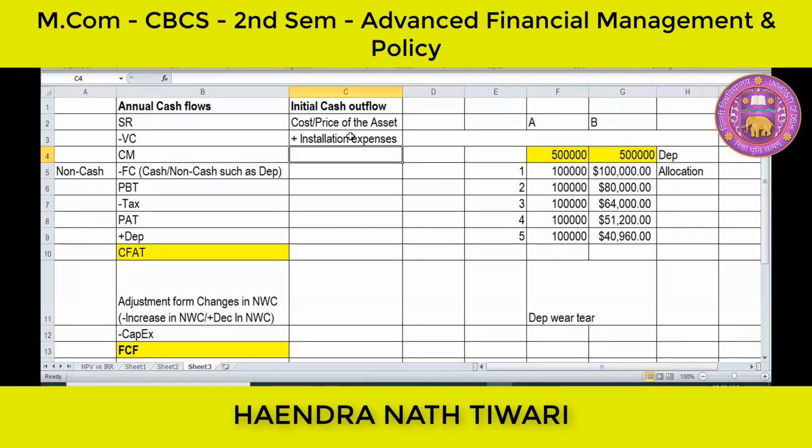If I bought a second-hand machine, then overall expenses, repair and maintenance expenses. Before once it is put to use, any expense made forms part of your initial cash outflow. Plus